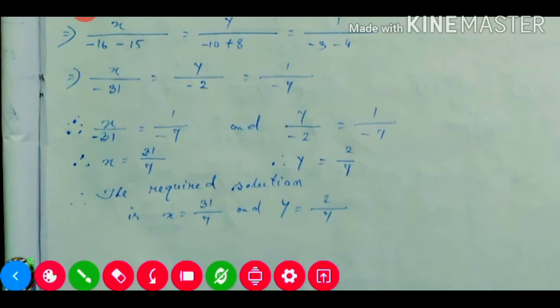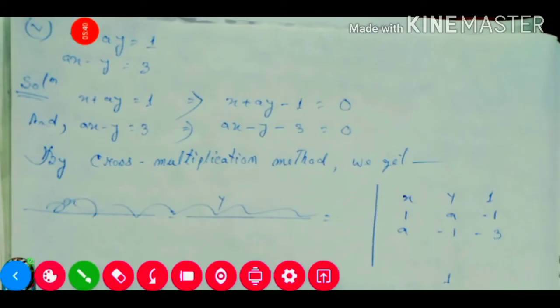Now we will do the next number. Question number 2, 3, 4 will be homework because these are similar to question number 1. Now which one will we solve now? Question number 5. So question number 5, first equation it is given, let's see, it is very easy.